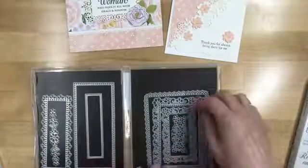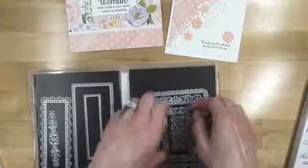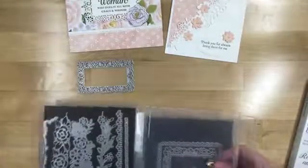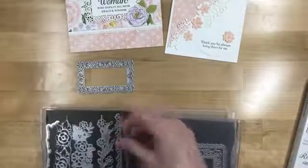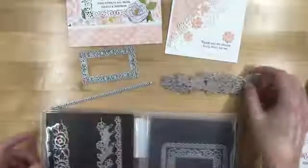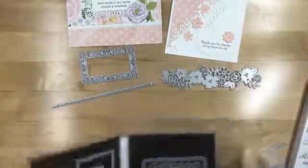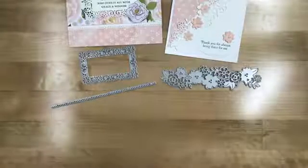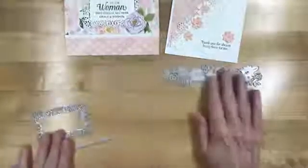Today we're going to use this die right here, and then we're going to use one of the border dies. We're actually going to use 2 of the border dies. We're going to use this one and this one. So I'm going to go ahead and pull those out so you can kind of see what those look like. And let's get started. I'm going to do this card first,